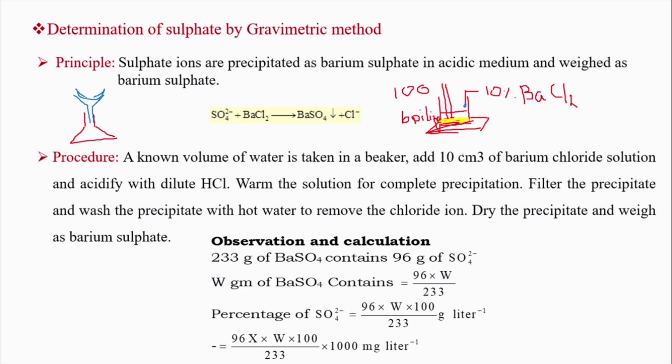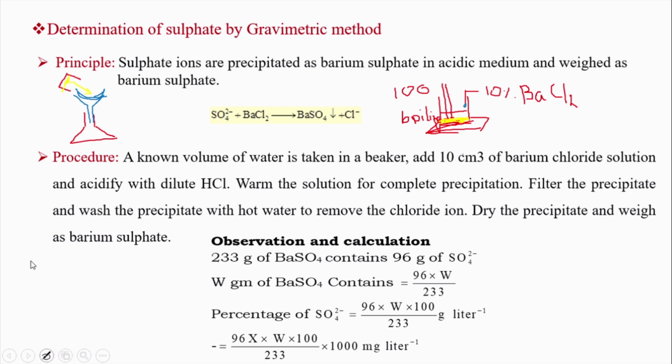It is wetted. Now from the beaker, the precipitate is transferred slowly. The precipitate, the barium sulfate present in the beaker, should be gradually transferred without wasting. After complete transfer, we have to give hot water washings to the beaker so that all the precipitate is transferred onto the filter paper.